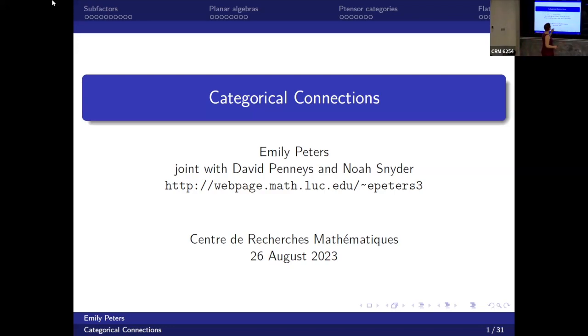And throughout this, there's this theme of these things called connections that allow you to construct a certain kind of subfactor that we're trying to interpret, eventually, in the tensor category setting. Understand this condition that at first looked like slightly gibberish combinatorics, kind of trying to understand what that's saying in a more systematic way.